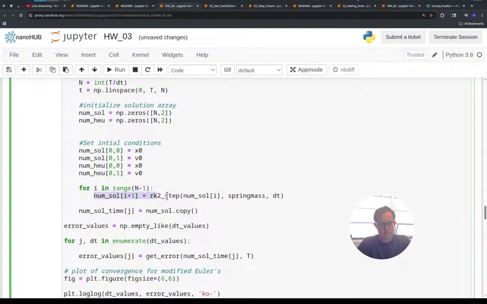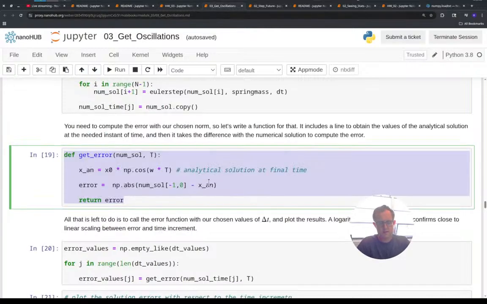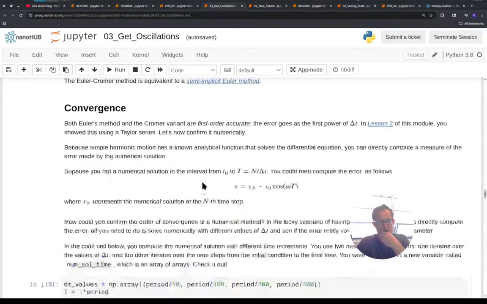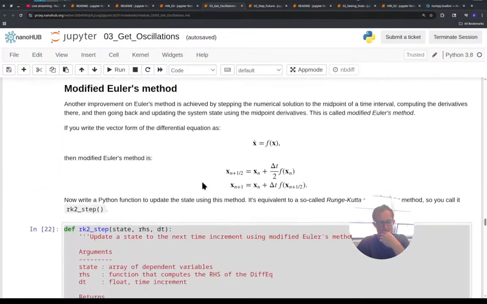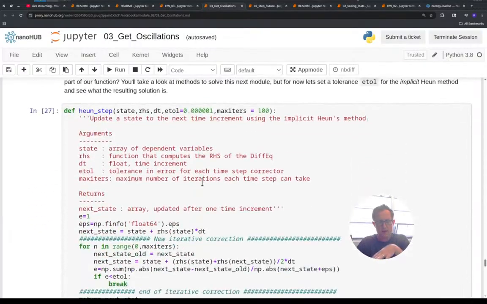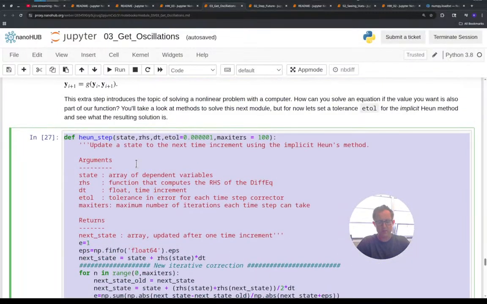And then this one, HEU, HEU. And instead of RK2 step, I need this Hune step. I think it's down here. And I know I'm scrolling around a lot. Hopefully you can watch it in slow-mo and figure out where I'm going. But I grab that Hune step